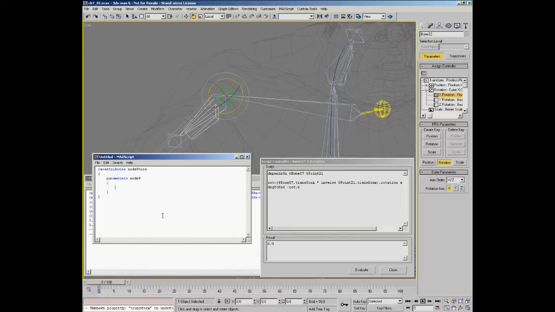In this case, we're going to call it UP arm for upper arm. And we're going to create another parameter called UP arm P for parent, or we can call it whatever we want, but this is going to refer to the helper we have